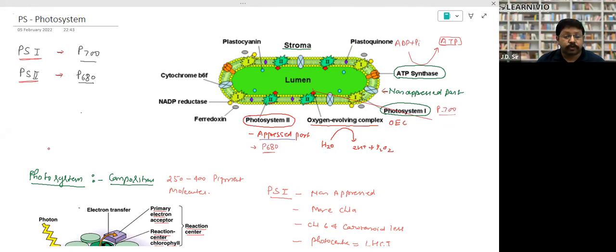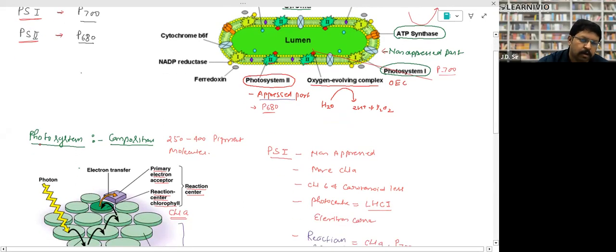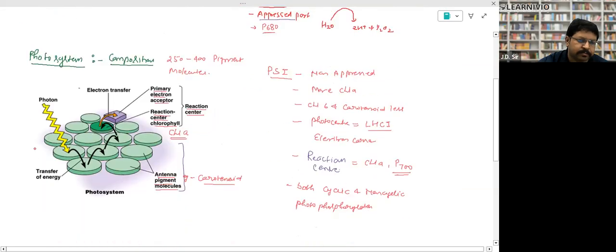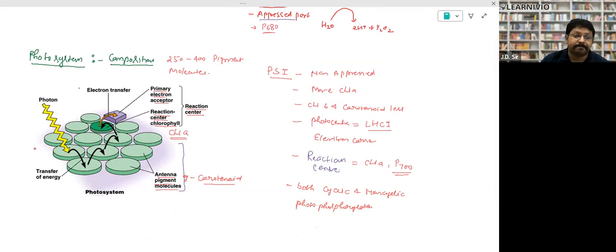Now, what are these photosystems that I want to tell you? What are these photosystems? Photosystem is very important. You will get a question from here. You can even get a question asking whether oxygen evolution takes place in the appress part, the non-appress part, or both. Look,